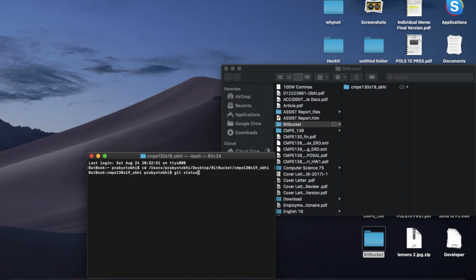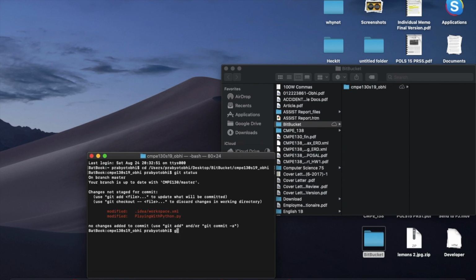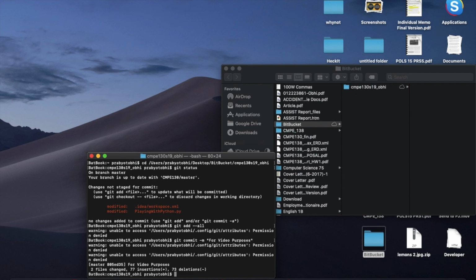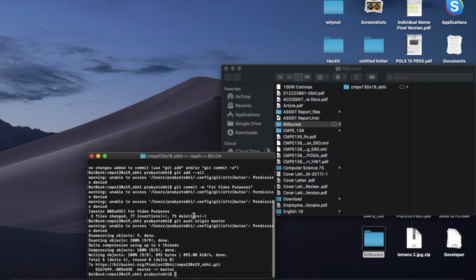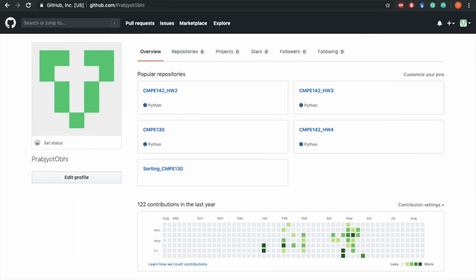And once we're here, we can get the status to see if everything is updated or not, which is git status, and it's not. So use git add dash dash all, which simply adds it, which then we need to commit. So git commit dash m, and your message simply adds a message to whatever code you push, which the message should be informative. And finally, we git push origin master, which shows you that it was pushed to your